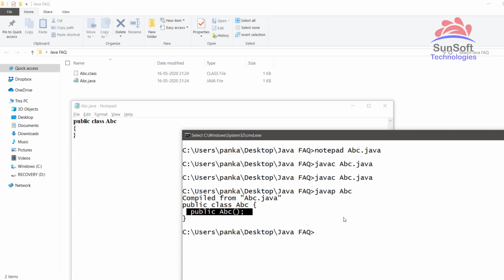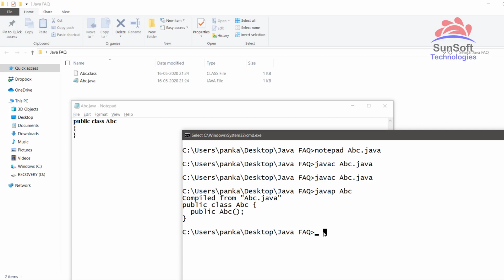When we run this program with the statement java abc, at runtime the JVM, JRE and interpreter come into the picture. Here just compilation has added this particular thing. This proves that the compiler adds the default constructor to the class. So our answer out of the four options is none of these. It's neither the JRE, JVM nor the interpreter.